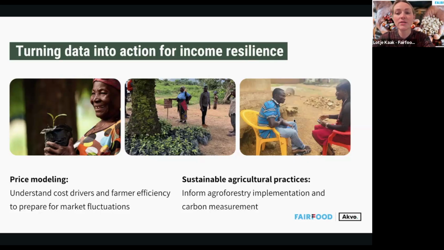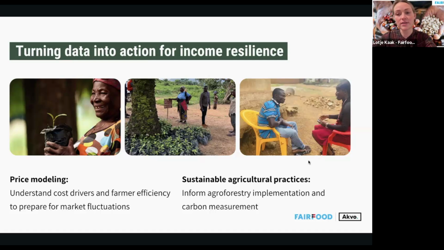Now that we understand the actual cost and yield data, you can make sustainable pricing decisions, increase your bargaining power as a farmer, as a producer or export organization, and also influence sustainable procurement practices. And in some more advanced projects, like Sandra was also saying, we also use this data to actually model the impact when prices, for instance, drop or when they increase, to really be able to prepare for market fluctuations and to play around with that data a little bit.